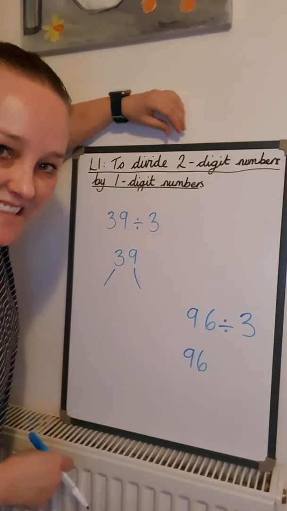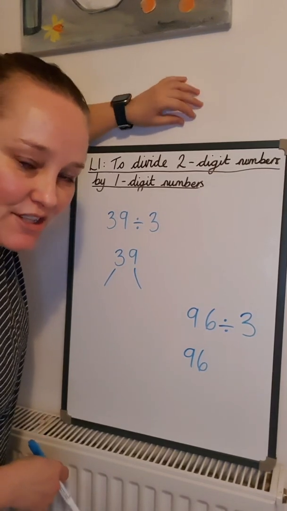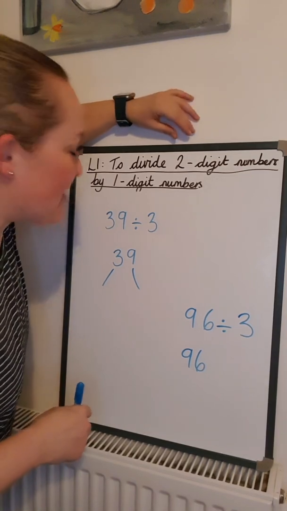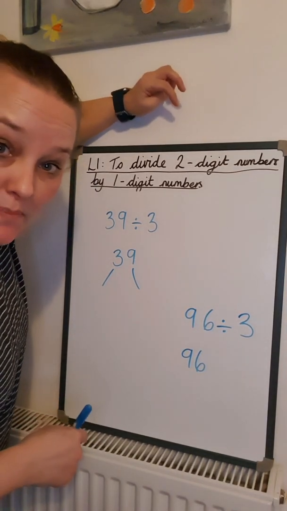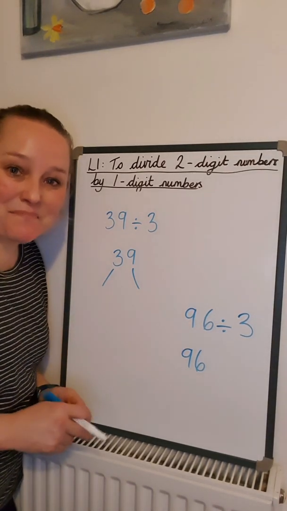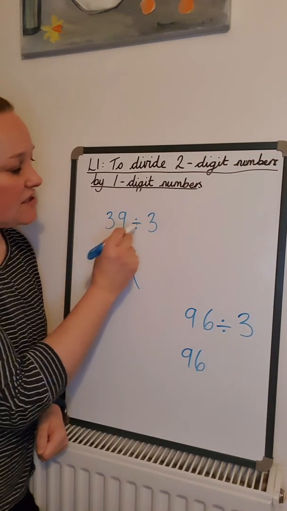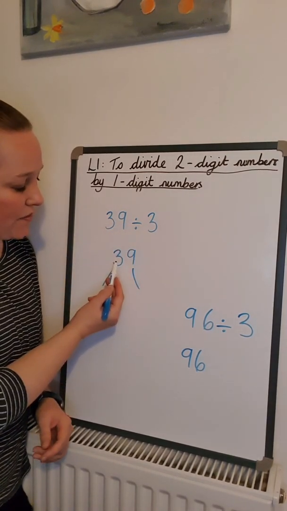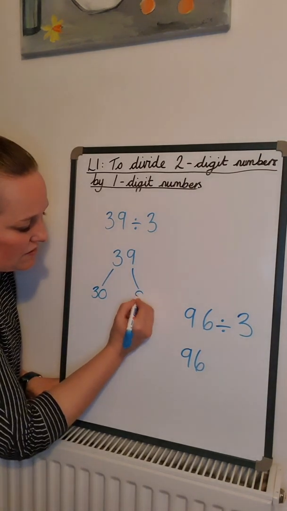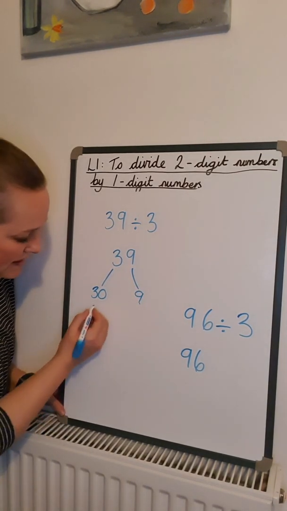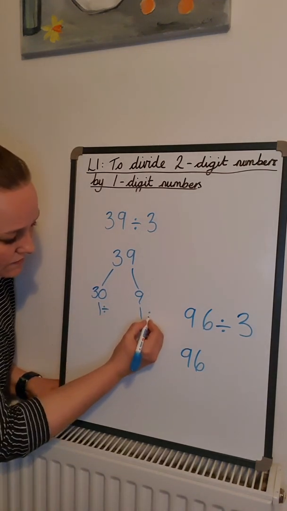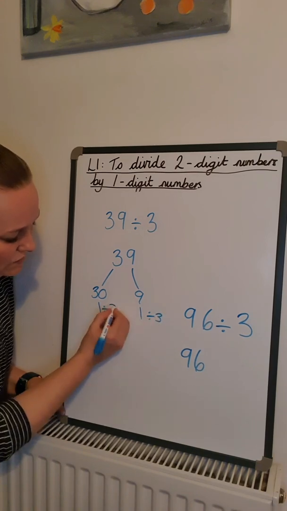Okay, right, let's try one more method and then you can have a go at doing them after you've watched my little challenge. Right, so we're going to do it this way now with partitioning. So you've practiced partitioning earlier on. Let's have a go at this maths now. All right, so 39 divided by 3. So we've got 30 and 9. Okay, so we're good at partitioning. 30 and 9. If we then divide each one of those by 3,